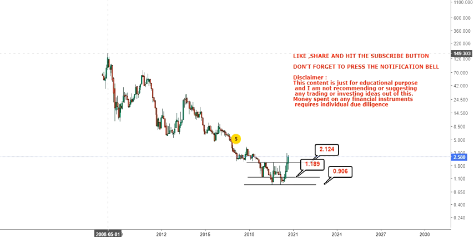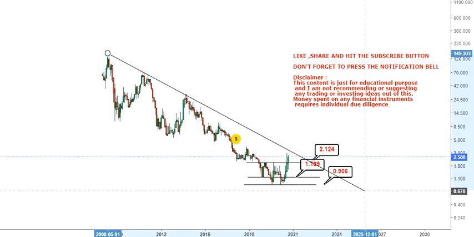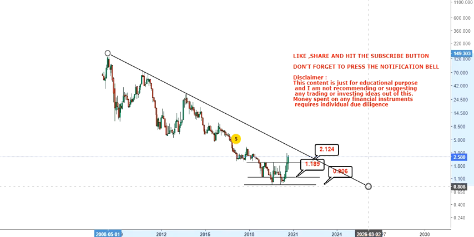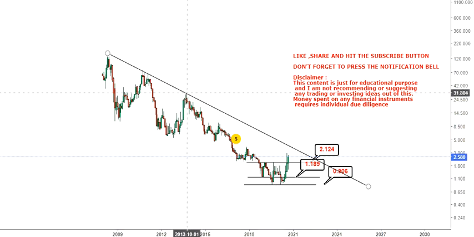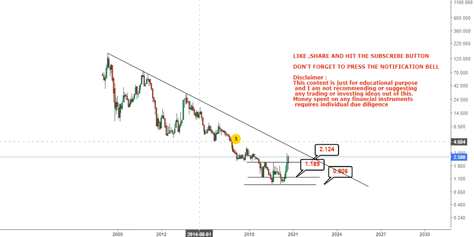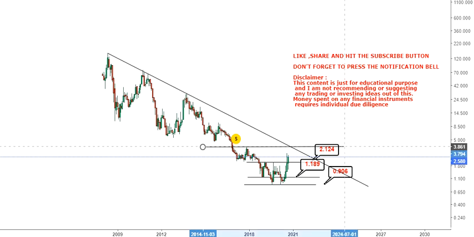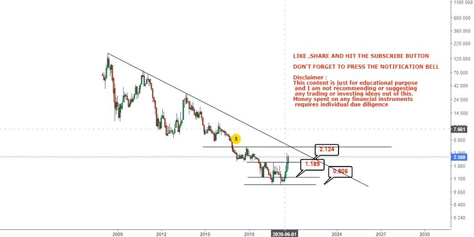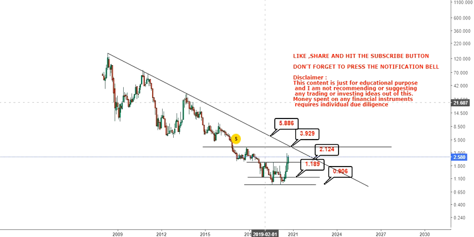Now if you look at the overall trend, in the context of the big trend, the stock could probably move towards this level, which is your next target, and probably your big resistance, which is at 3.9 or $4. So rather than talking about a particular number, in between 3.9 to 5.8.